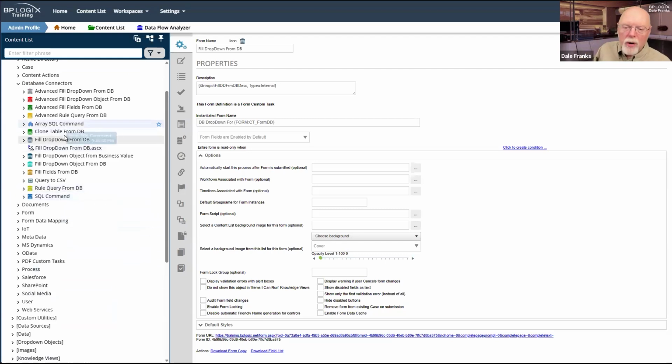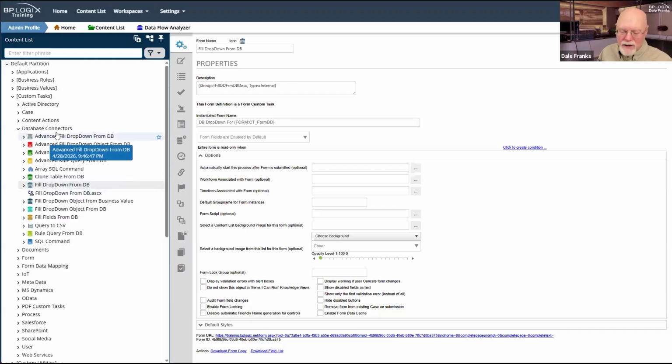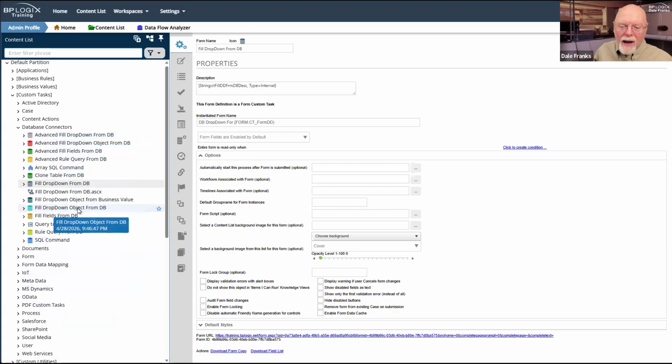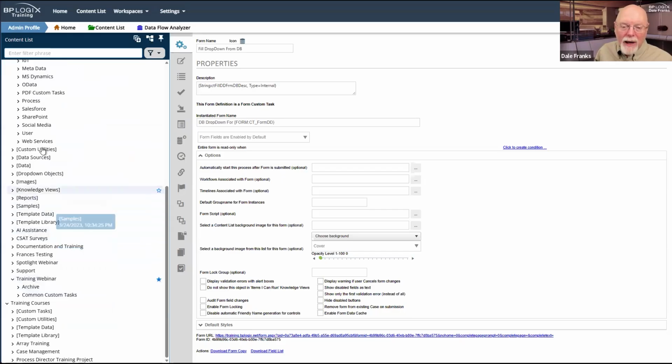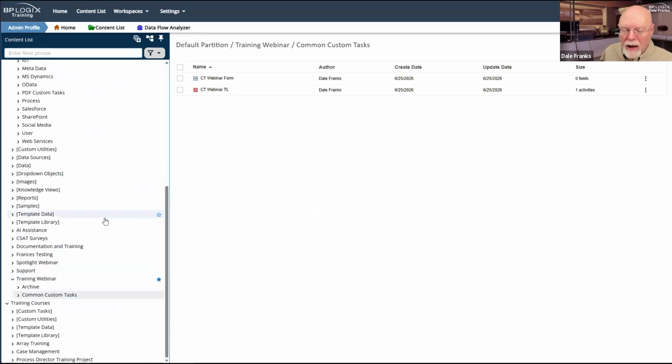What you should do if you want to grab data from a database is just build a business value that does it. That way, that business value is reusable. It's globally available to all of your implementers if you set permissions on the business value appropriately. So no matter where I am in the product, if I need to grab data from a database, I can simply do that via a business value. And once I have that business value created, I never have to reconfigure it. And it works everywhere. All I have to do is call that business value.